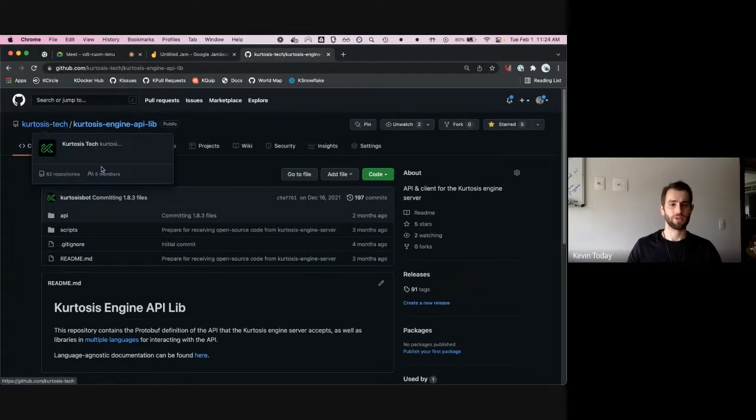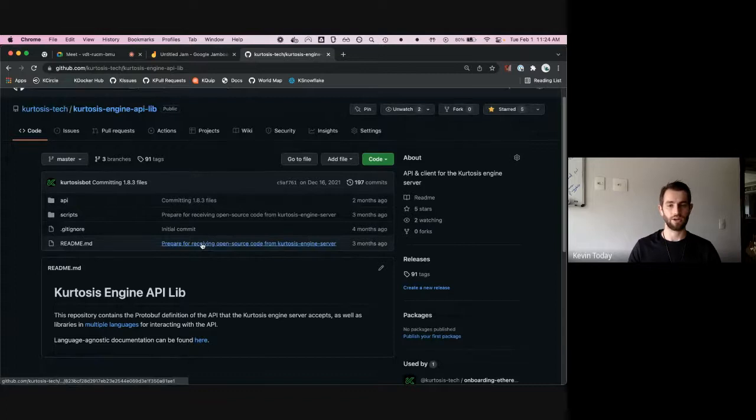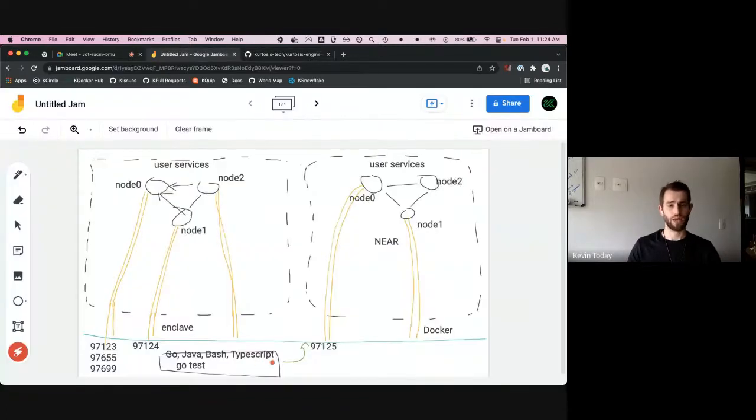So Kurtosis Tech Organization and then Kurtosis Engine API lib. And this is going to contain all of our SDKs for interacting with the Kurtosis engine. So you would have that SDK here, and then you would communicate with the engine, and then you would start creating an enclave and doing things inside of the enclave, giving instructions to Kurtosis engine for nodes to start up